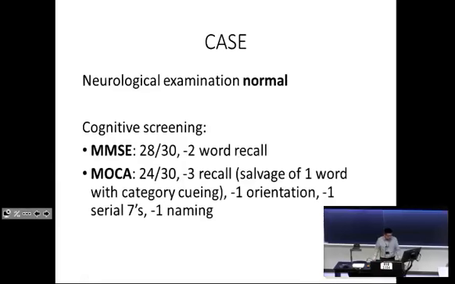Her examination is normal, and these are her MoCA and MMSE. We'll go over what those mean in greater detail later, although I think you already know that from the reading in the case. The MMSE is 28, and what's very notable is that the difficulties she had specifically were on the delayed verbal recall. She could only remember 2 of the 3 words after a short delay. On the MoCA, remember that there are 5 words on the target and she was not able to remember 3 of them. What was interesting is that she was able to salvage 1 of the words with cueing. And then she has some issues with orientation, and some issues with serial subtraction.